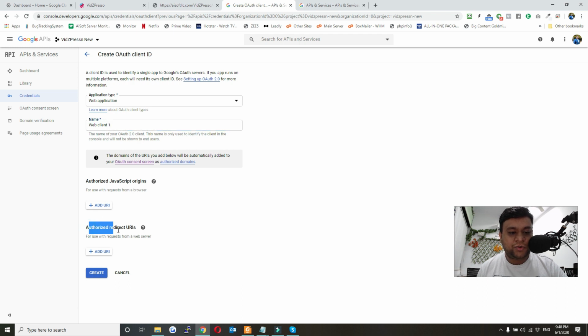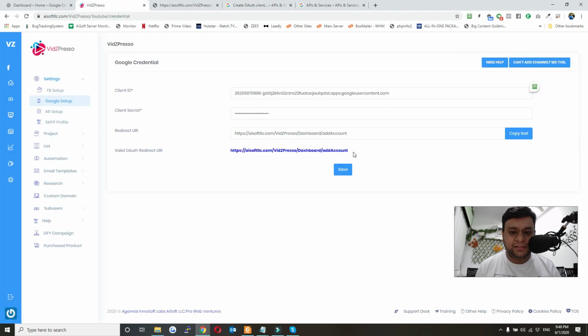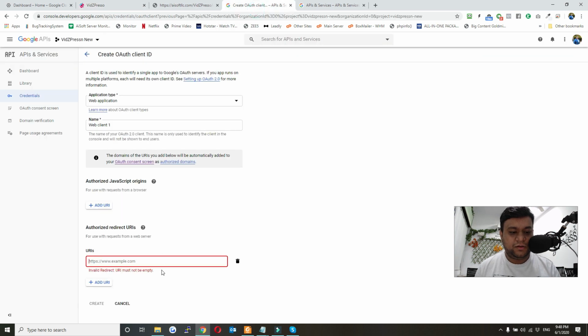In the authorized redirect URIs, just click on add URL. Here you need to copy paste this URL. Copy, paste it here. If it has white space, you need to remove it. So I have a white space in the start of the URL, so I'll just remove it and then I'll click on create.